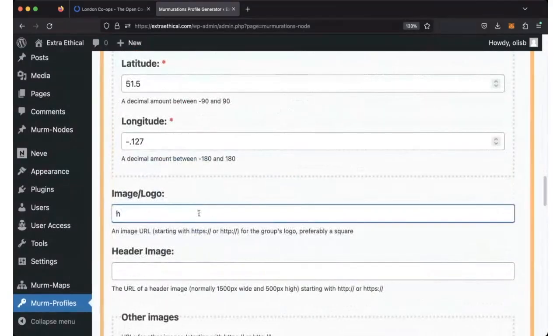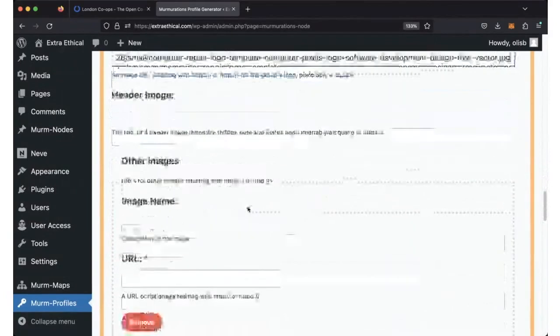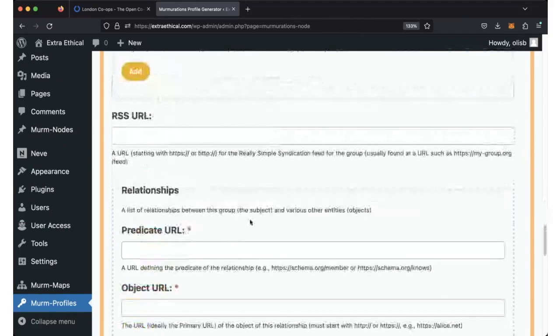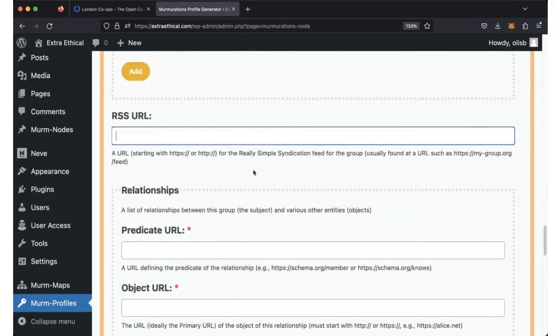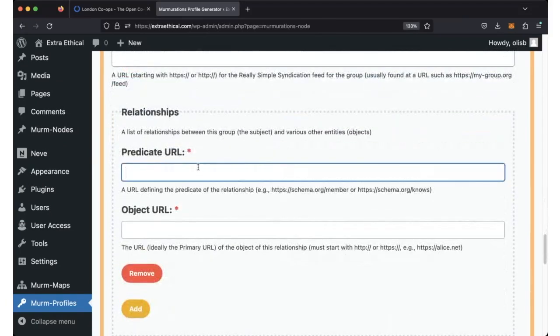Give it an image. This just has to be a file that's on the internet somewhere. And you can put a header image as well if you want to do that. Other images just sort of define it. RSS, which is really useful, helps you spread your news. And then this is quite interesting, but we're not going to get into it now, is where I would put